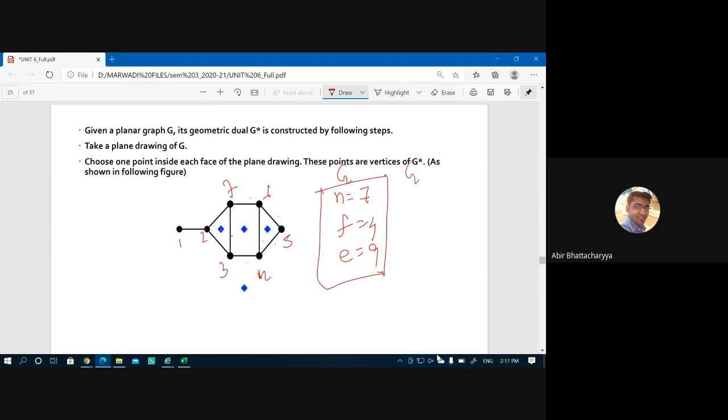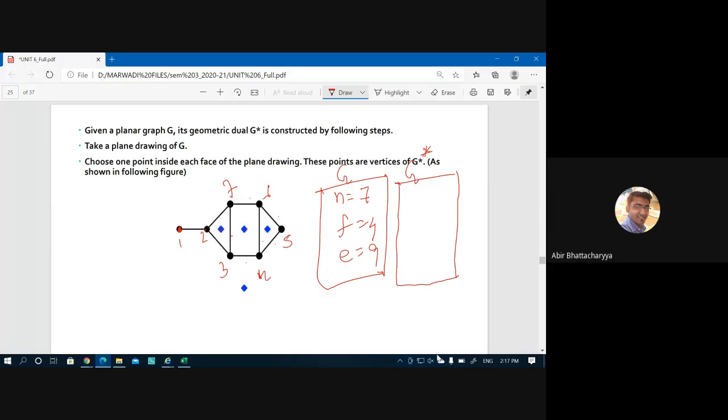So in the context of the dual or G star, a self loop is compulsory whenever we have a pendant vertex. In this case we have a pendant vertex. That's why the self loop is there. If there is no pendant vertex, there will be no self loop. And G star is having, see,